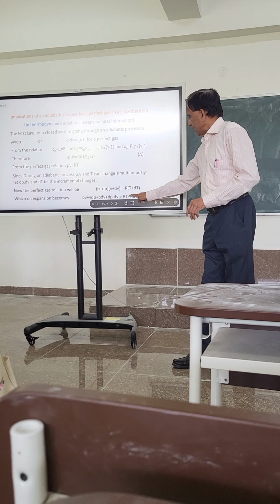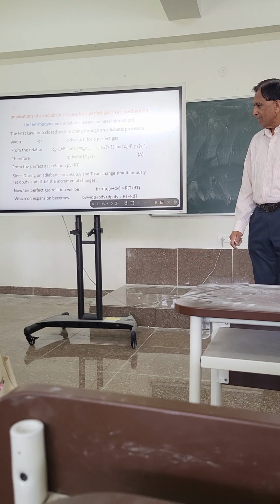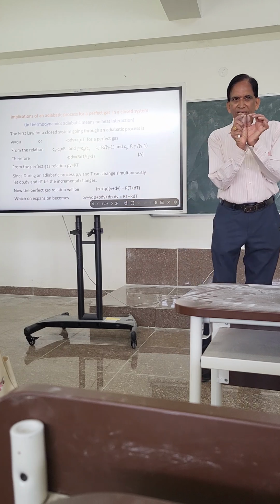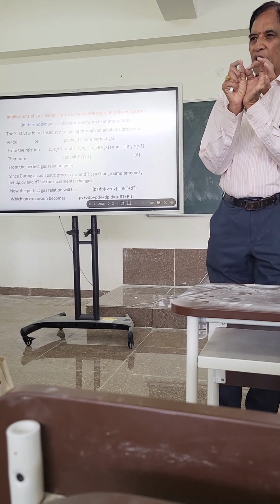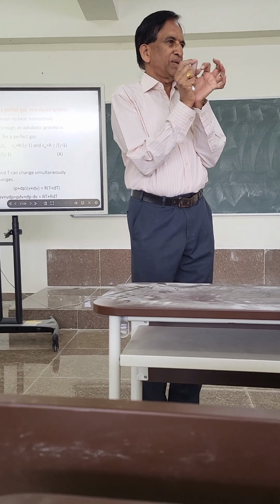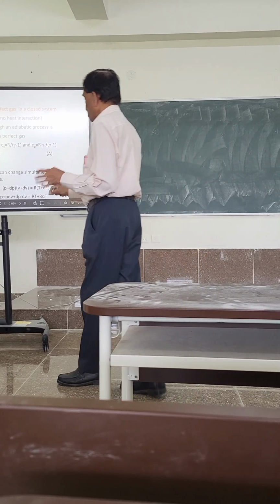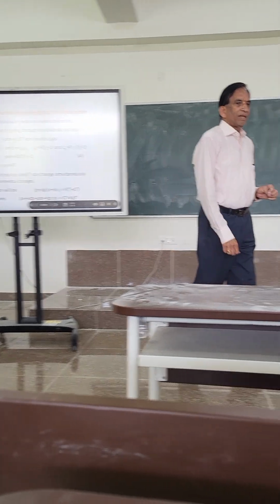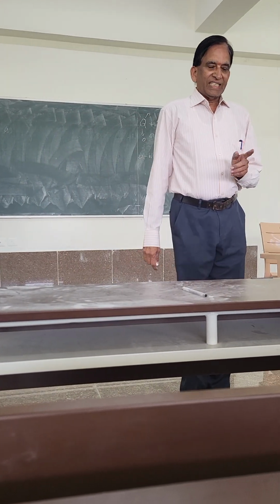So this will be RT plus RT. Let us not approximate. The dP, dV, they are extremely small increases. If you take small quantities, the product of dP and dV will be negligible, so we will ignore it. Compared to this value, it is quite small compared to all the other values. Okay, can you write down the next equation?